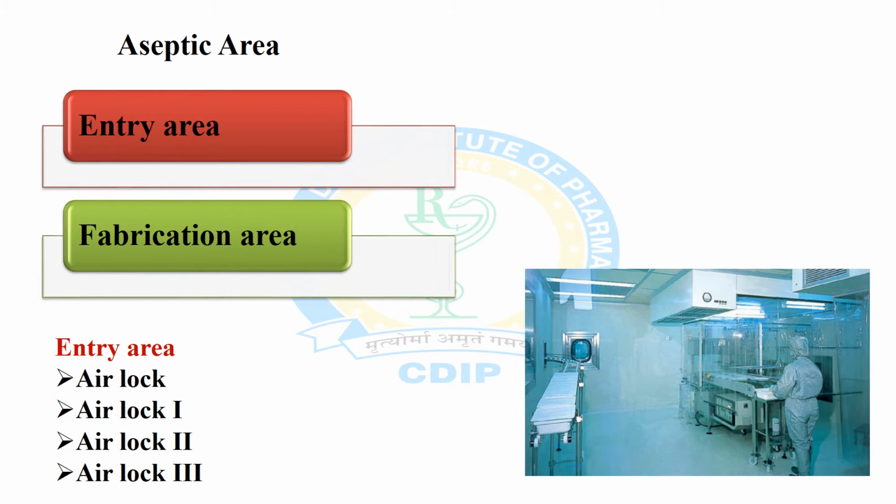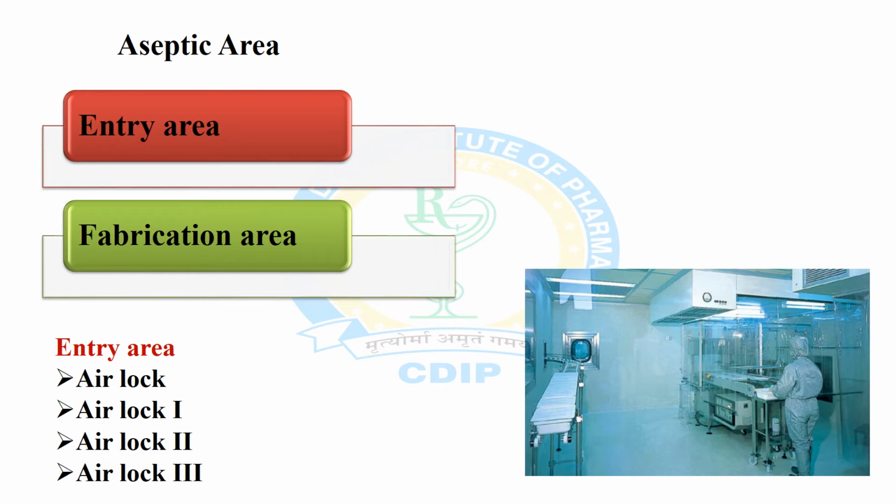Airlock 2. This section, which is also called the gowning room, is where street clothes are replaced by sterile garments and gumboots. And the last is airlock 3. It is a walking room to enter the main area. Here antiseptic solution is kept in dispensers to mop the surgical gloves.